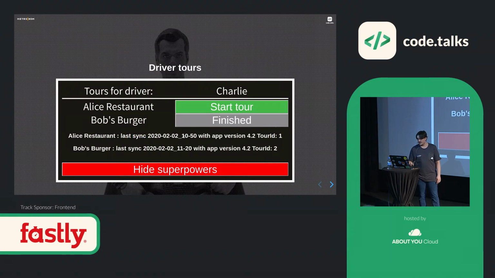So the last time the tour was synced, and the app version, which is really important because we can have some conflicts if the shape of the state of the tour changed. So we need to know what was the app version that the truck driver was using when they delivered the goods. And also the tour ID, which we can then use to do queries and